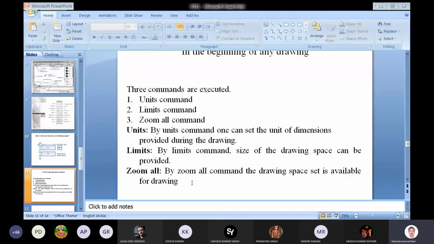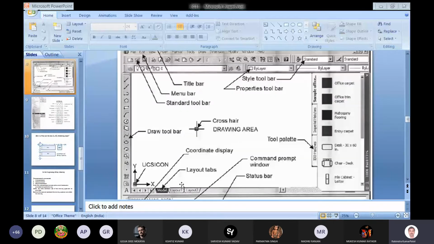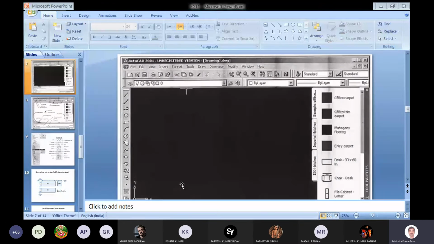So related to the AutoCAD, it is brief how the AutoCAD can be used. And if you practice more, you will learn more.